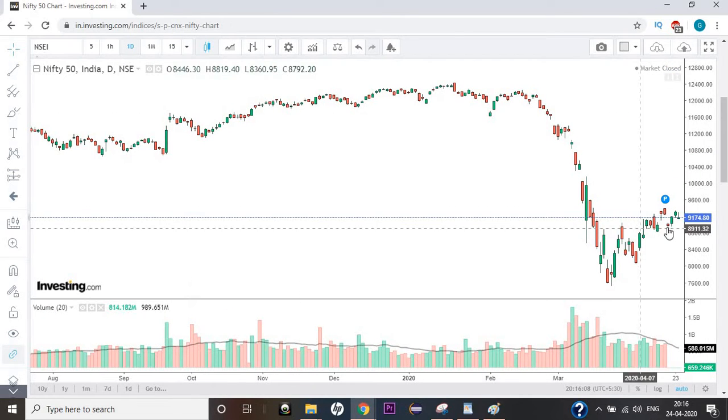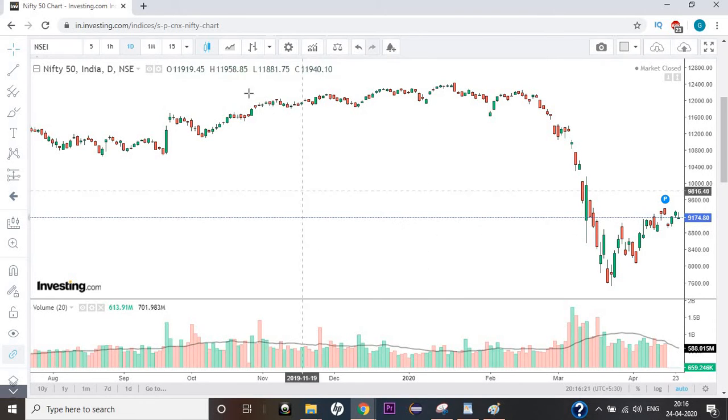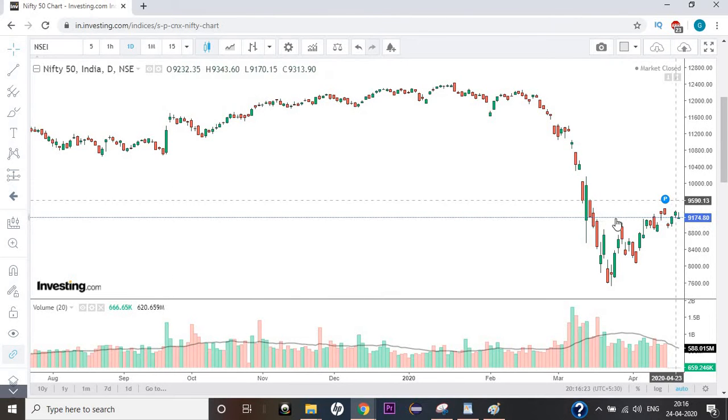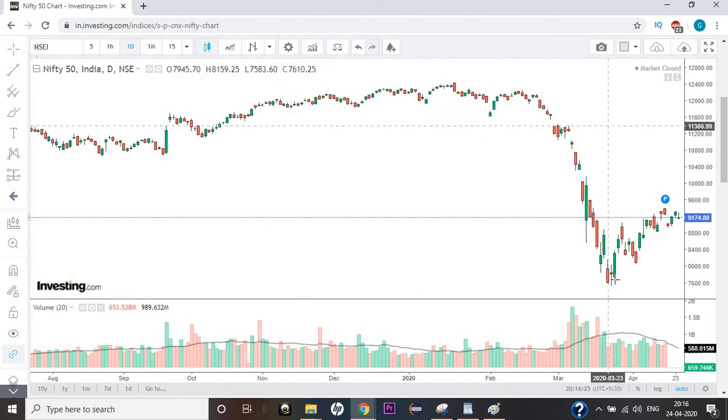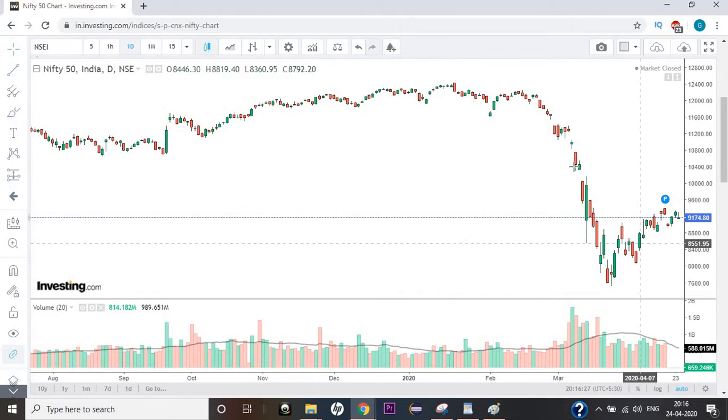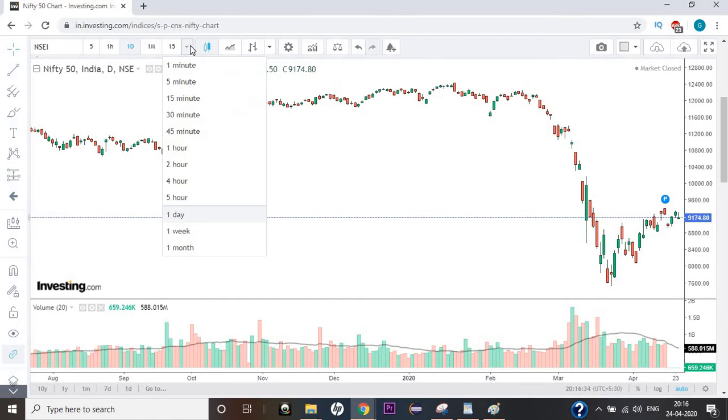The 1 day duration candlestick chart is also quite popular for the people who want to hold a particular stock for 2-3 days or a week. So they usually use this 1 day duration. Even so, it's good for analyzing the support and resistance for the next day as well. So this is also one of the popular ones.